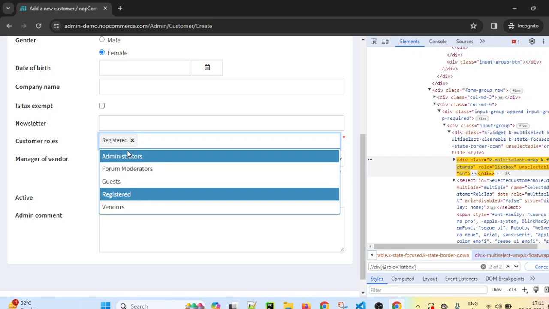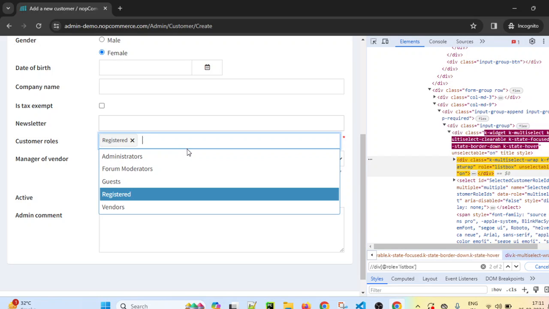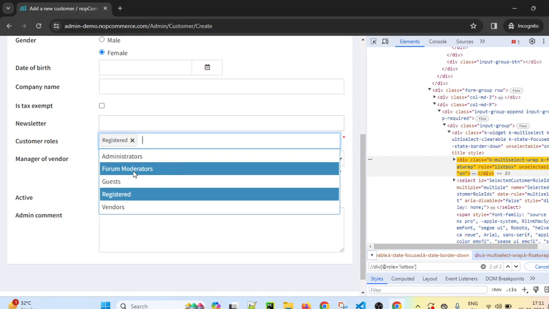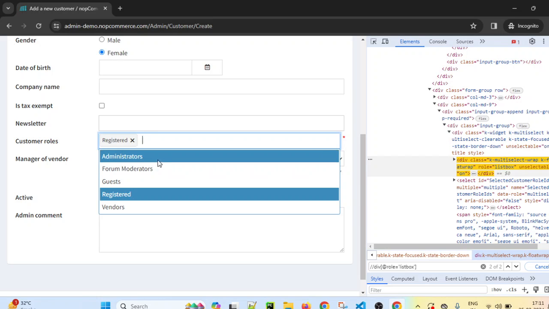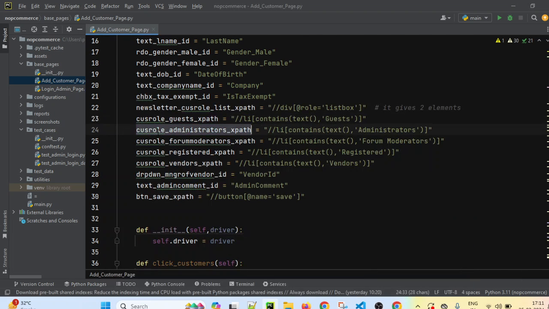If my role is administrator from the test case, then I have to select administrators. If my test case is passing forum moderator, then I have to select forum moderators. So I have identified all these 5 values and stored them in these locators by using XPath.